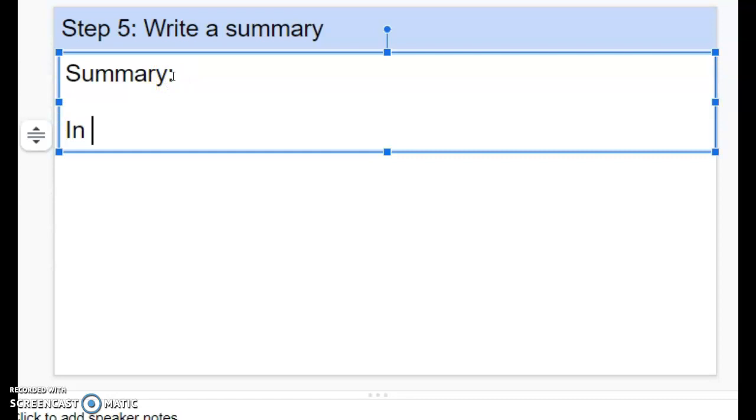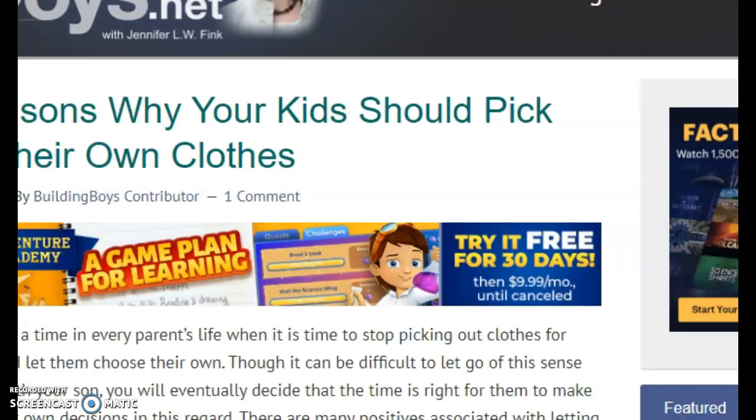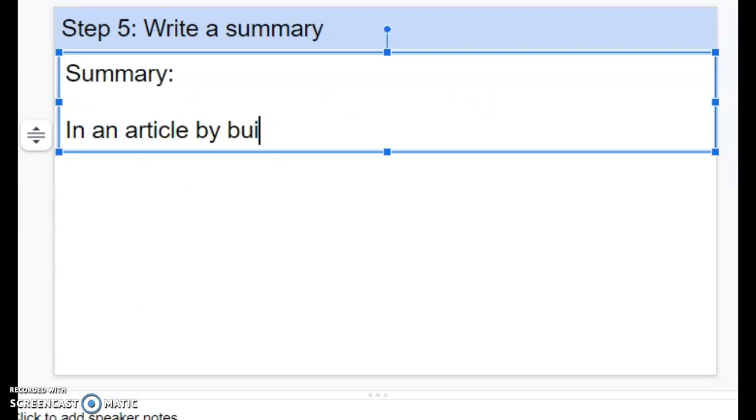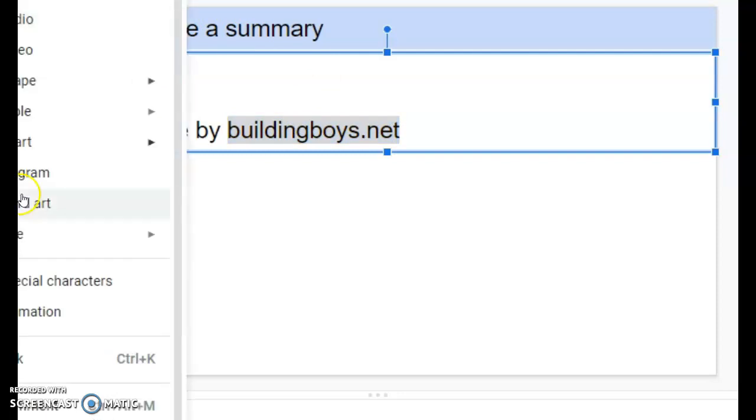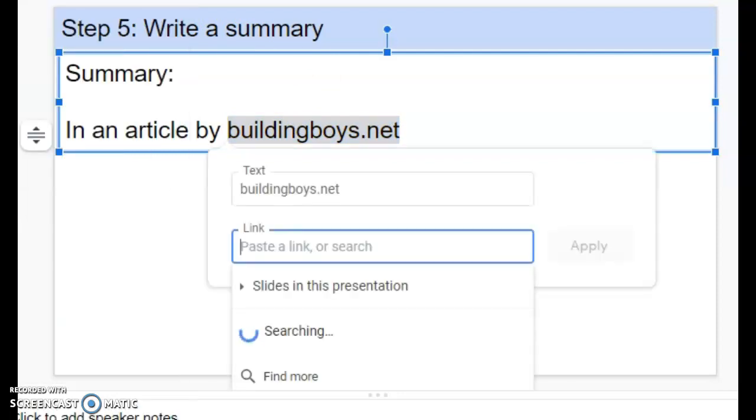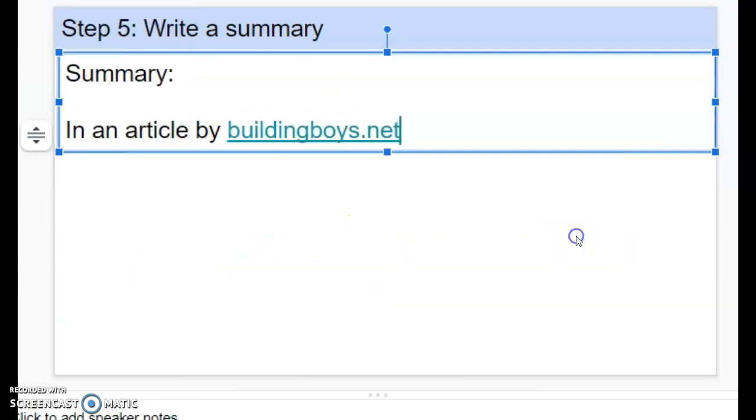But in an article by buildingboys.net, and I'll just go ahead and insert that link here. So remember, you can just hit insert, link, paste, apply, and then it's there. So in an article by buildingboys.net,